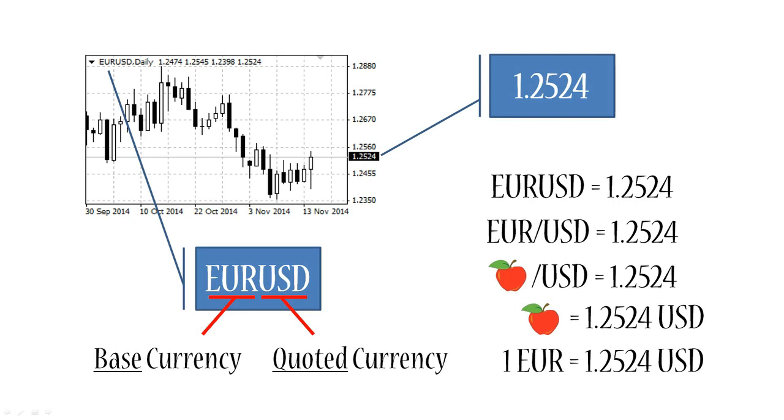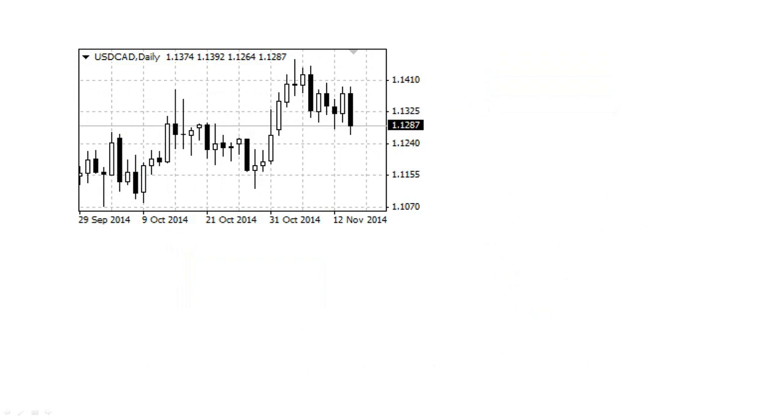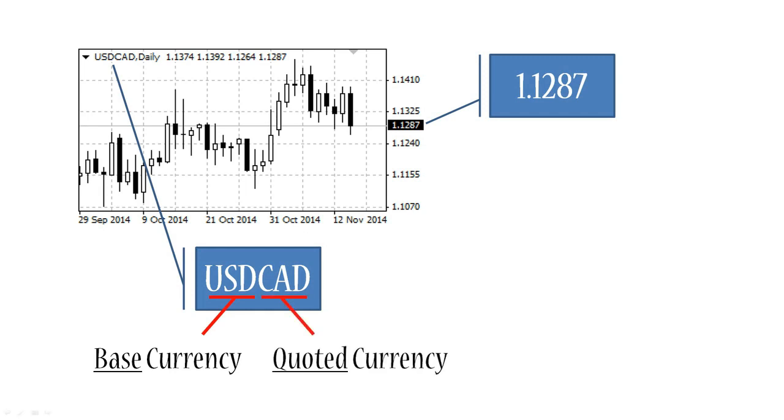Now let's look at another example. Let's take US dollar, Canadian dollar for instance. And this example would be a bit more tricky because the US dollar is on the left. Now as you can see, the US dollar is the base currency in this example and the Canadian dollar is the quoted currency. How do you read this chart? Very similar approach to the previous example. US dollar Canadian equals